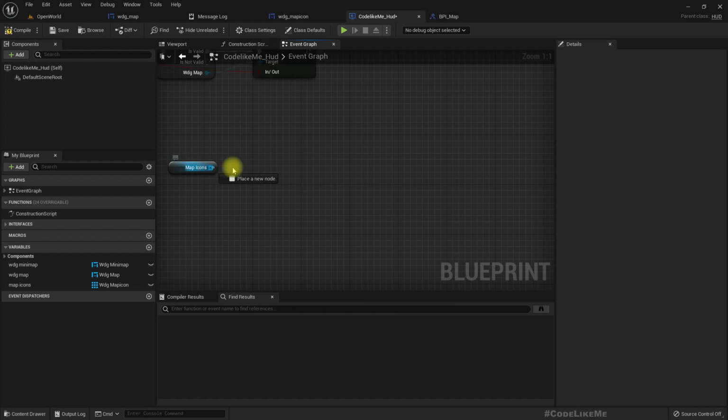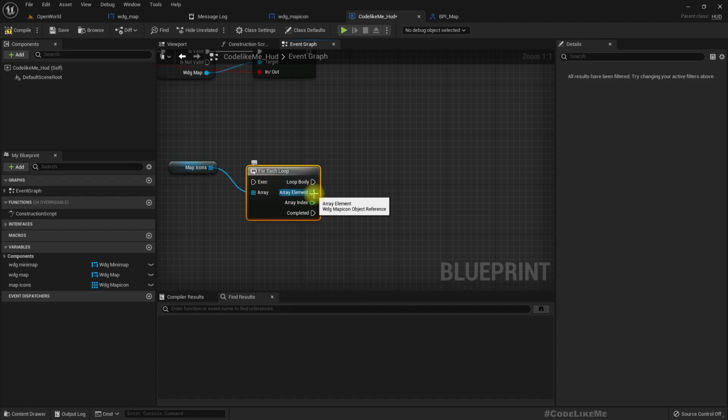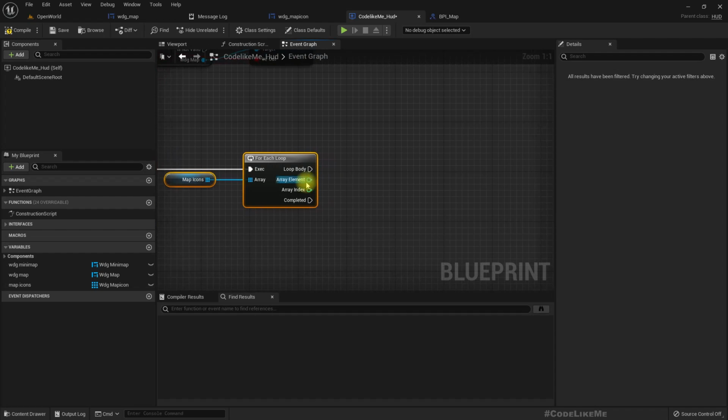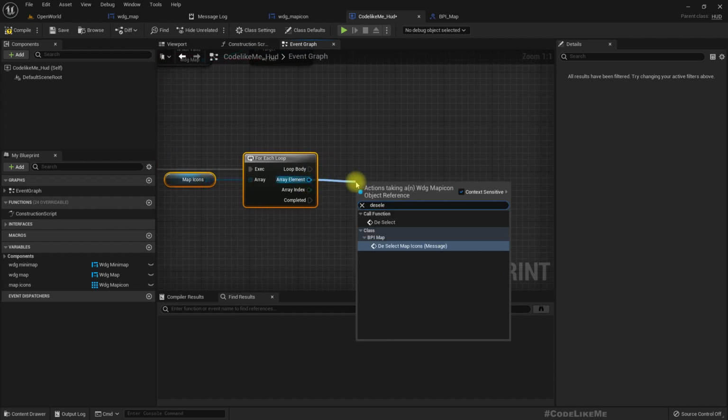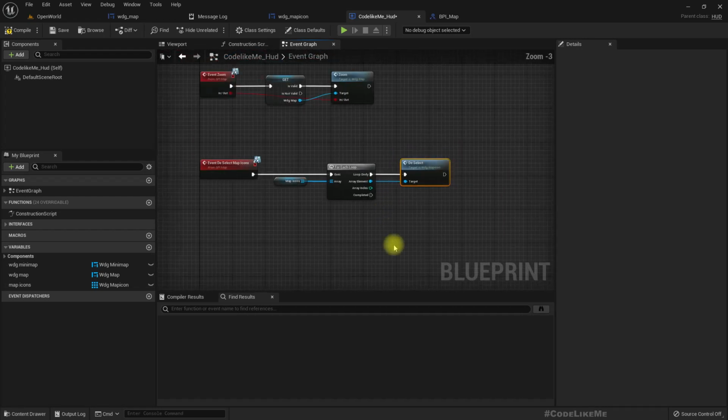Okay, this is map icon widget for each. Now it's a map icon widget. Great. Now we can call deselect. Okay. Then